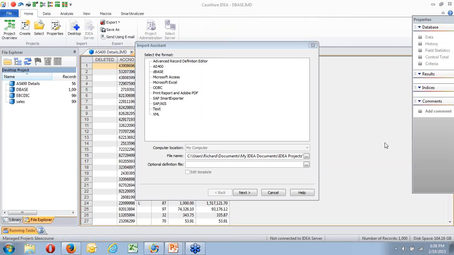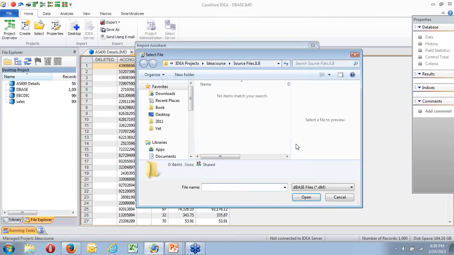Okay, in that case, let's take a look at bringing in an Excel spreadsheet. Sorry, an Access file. We'll pick it up from Access. Okay. Let me look in DBase, I may have one under here with a Lotus format.